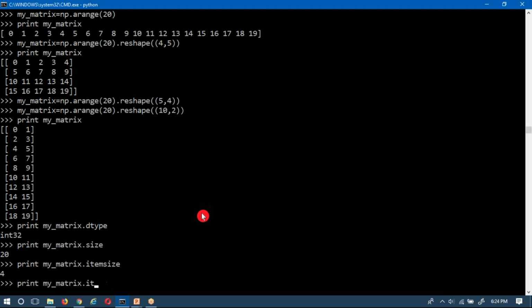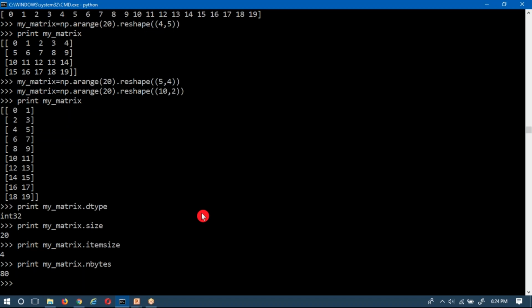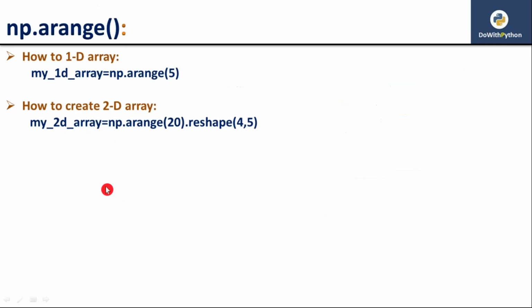Then if you want to find the total bytes occupied by your matrix, it is 80: 20 elements, each element is 4 bytes, 20 into 4 is 80 bytes. So likewise you can create your matrix or arrays using numpy.array or numpy.arange. These are the two very simple methods to create arrays using numpy.